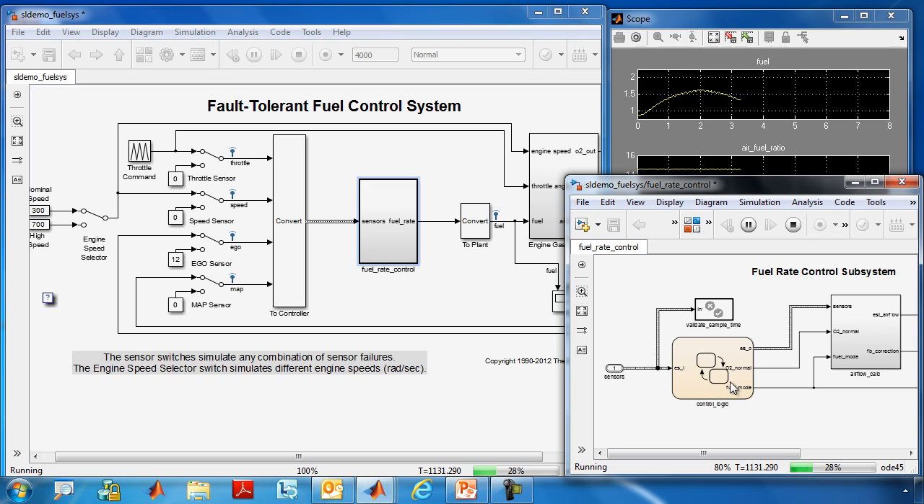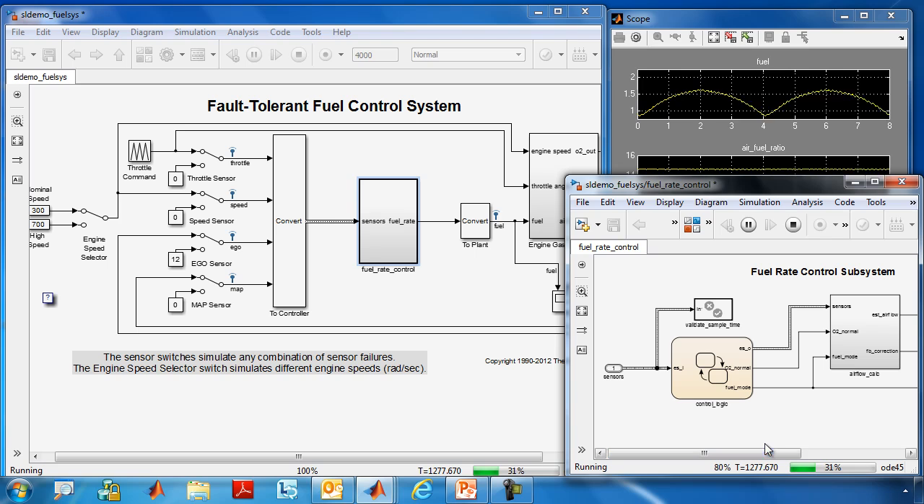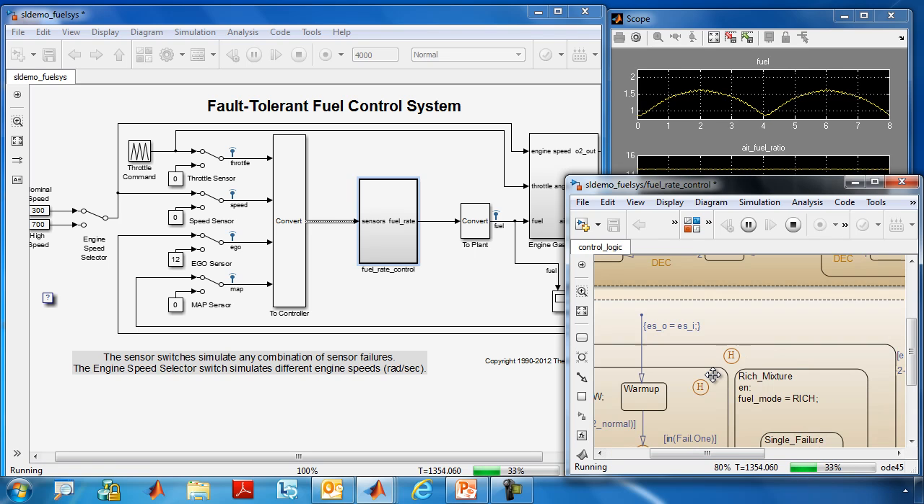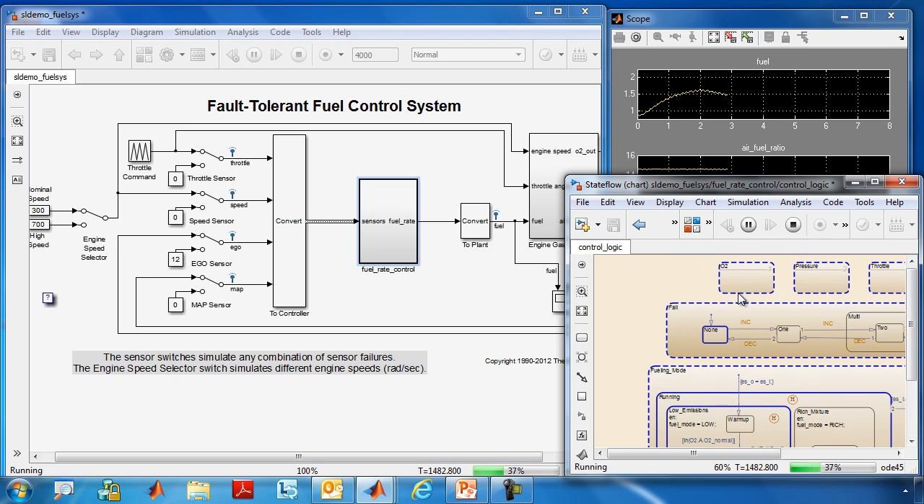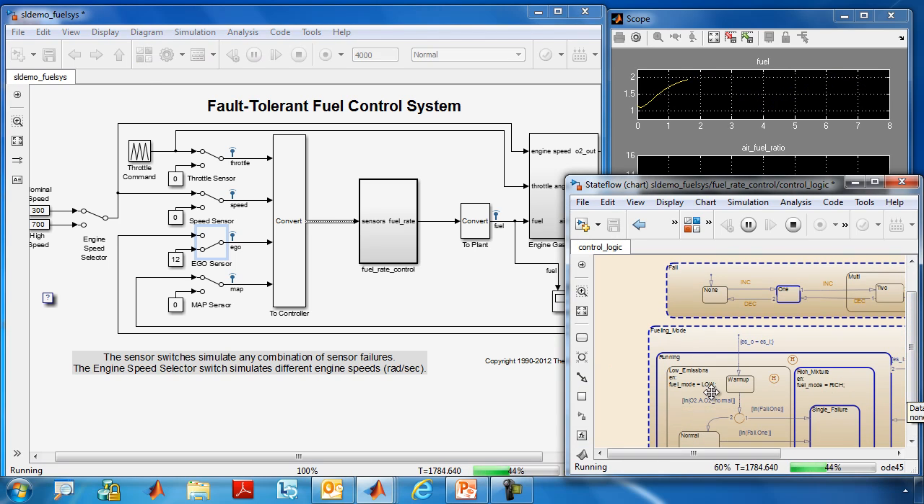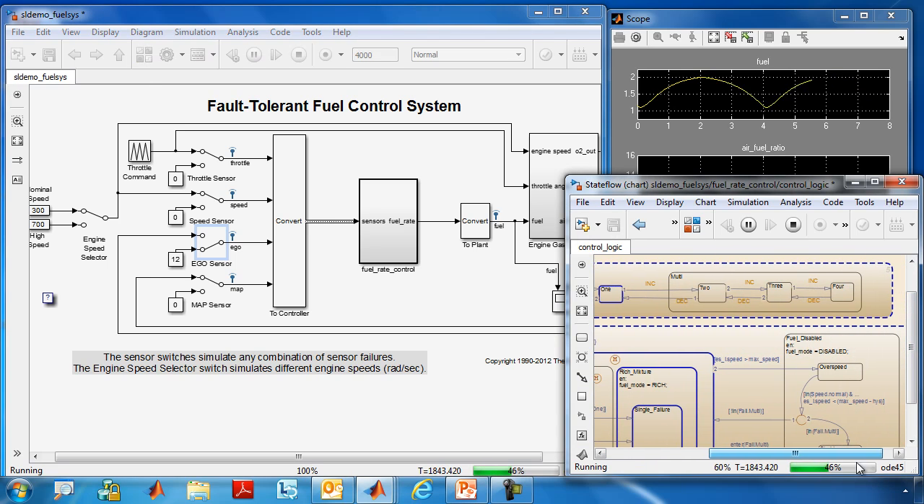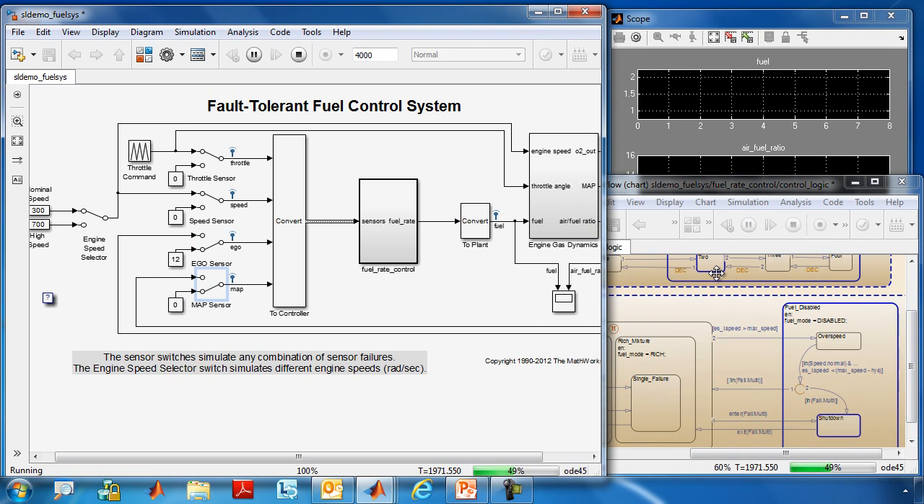So here's the state machine, here's my airflow calculation, here's my fuel calculation subsystems. But if I go ahead and look inside the state machine itself, you can see that if I have an oxygen sensor failure here, I increase my fail state and I went from a low to a rich fueling mode. Now if I have a second failure like a pressure sensor failure, you can see I'm in a multi-fail state and I've shut down the fuel command altogether. I can bring these back